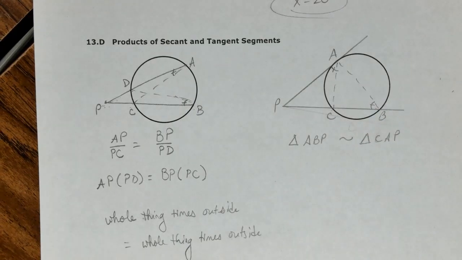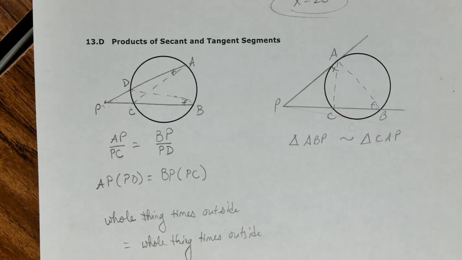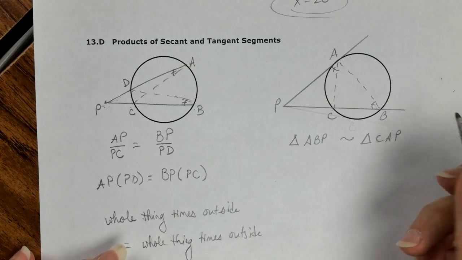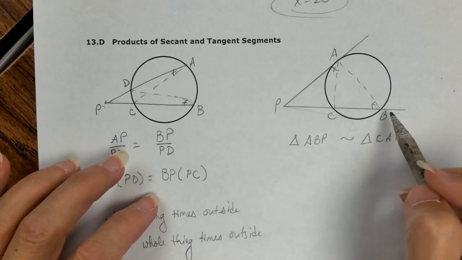Those two are congruent, and they share P. That's how we know the triangles are similar. They both have this angle, and therefore the triangles are similar, and their corresponding parts are proportional. So then we would have from ABP, this large one,